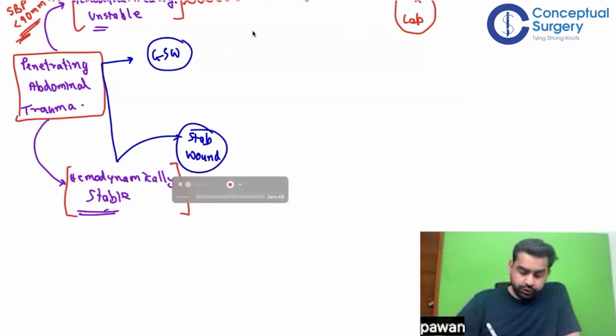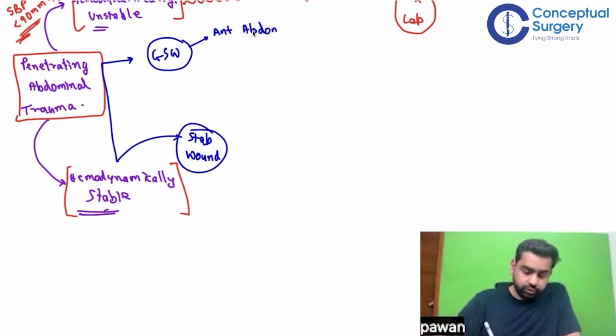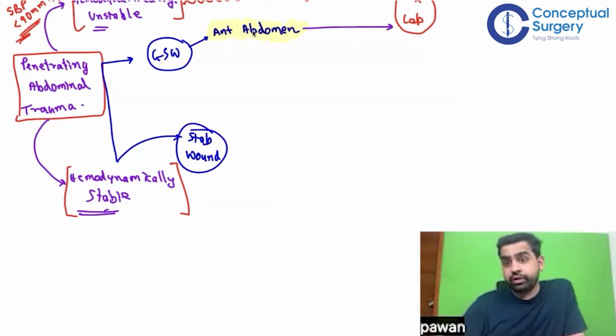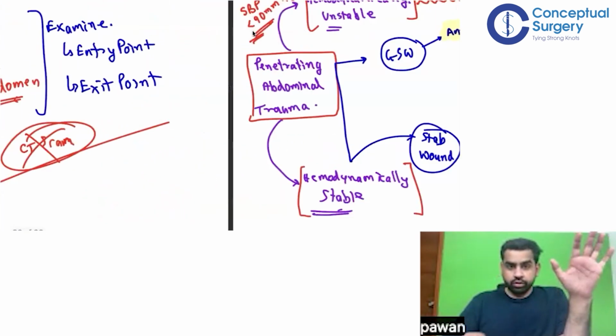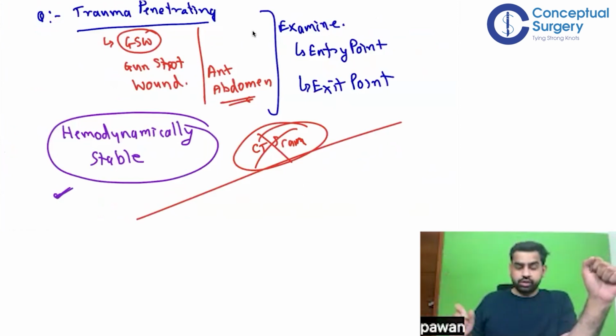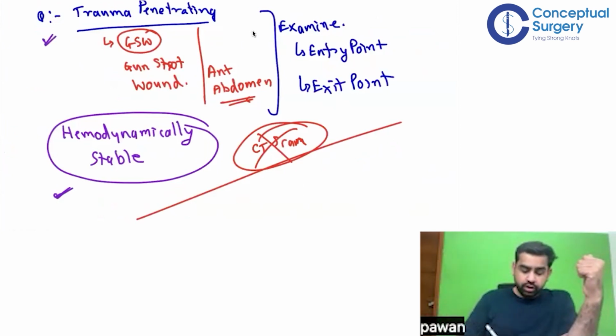Now, if the patient has a gunshot wound, it can involve the anterior abdomen. If there is a gunshot wound involving the anterior abdomen, then the patients are supposed to be taken for an exploratory laparotomy without any other investigation, even if the patient is hemodynamically stable. This is the clinical scenario you need to understand over here. So, trauma patient, gunshot wound,